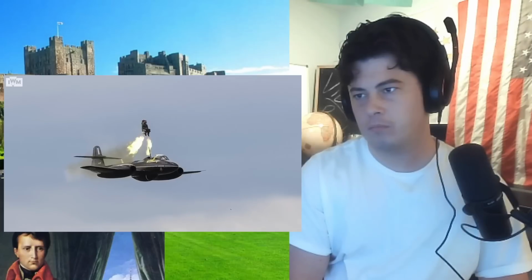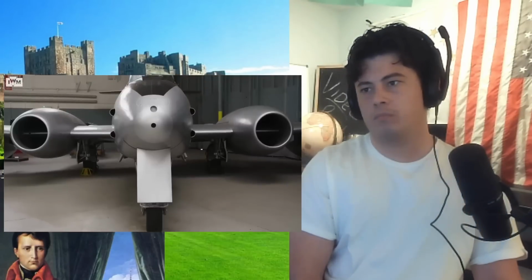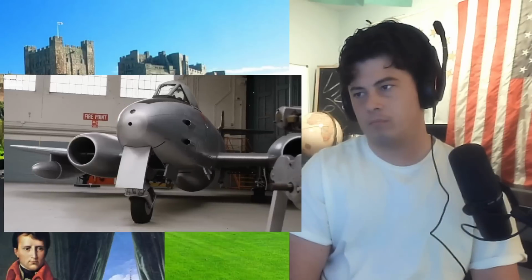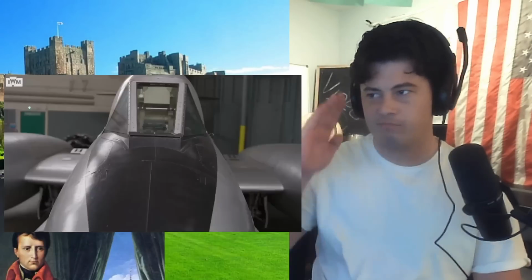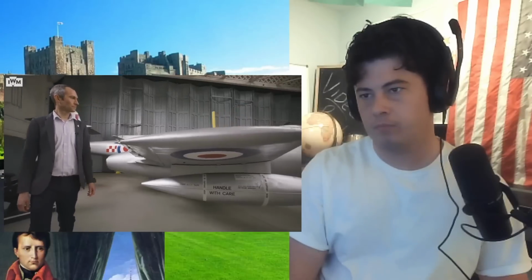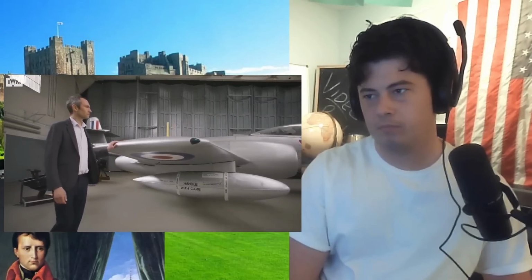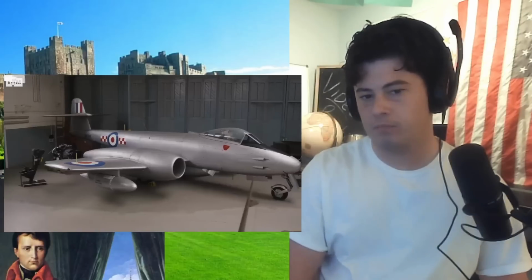The Imperial War Museum's Meteor WK991 was finished in 1953. It didn't see any frontline service, mostly moving around a number of RAF communications flights before finding its service life come to an end as a target aircraft. The aircraft was then handed over just 10 years after its first flight and became part of the Imperial War Museum's collection in 1963. The Meteor remains on display here at Imperial War Museum, Duxford, and currently wears the markings